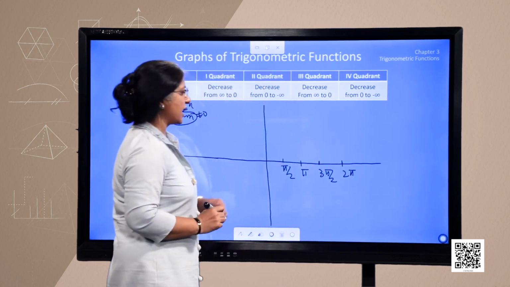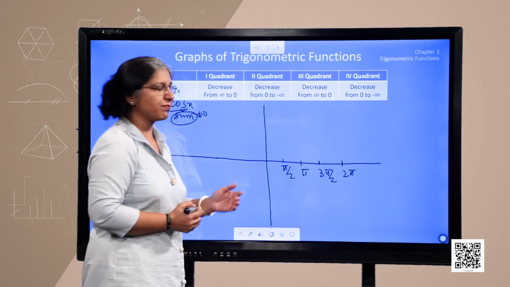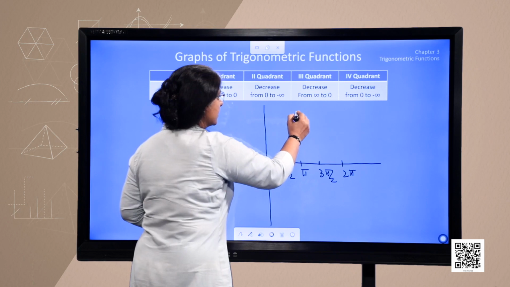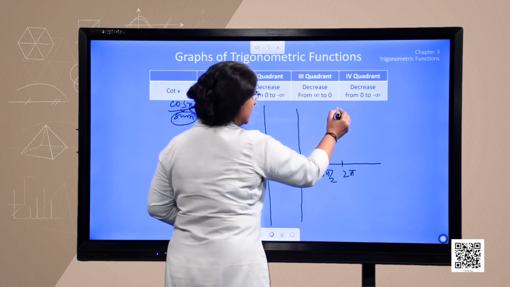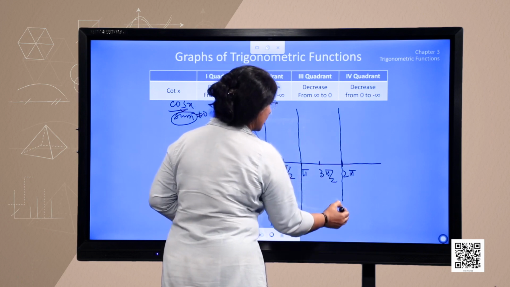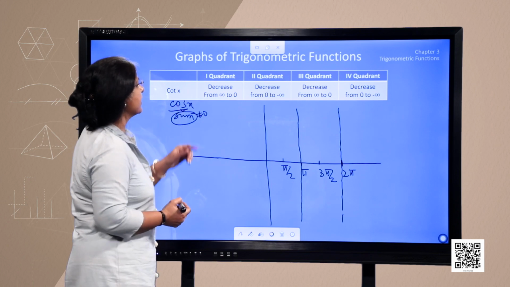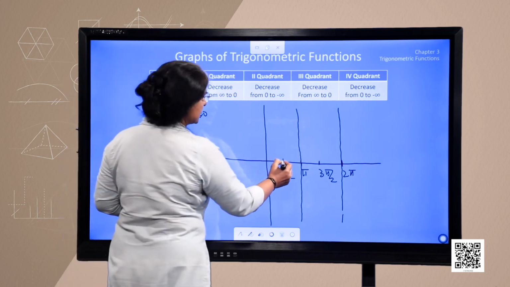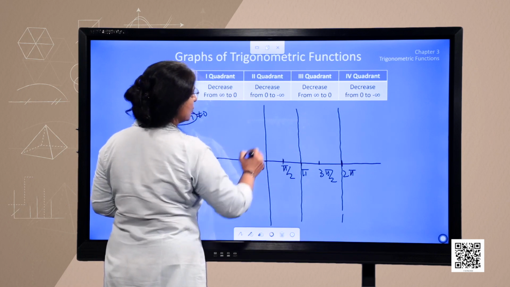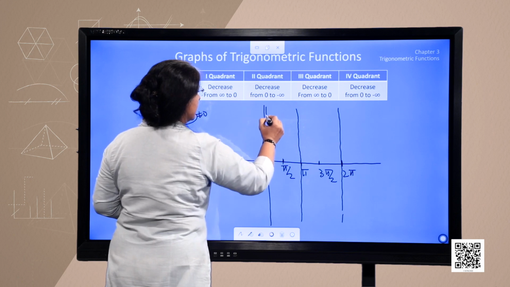Like in the previous graph, we demarcated integral multiples of odd multiples of pi by 2. Here we will demarcate these points pi, 2 pi. Here our cot function is not defined. So, in the first quadrant, it decreases from infinity to 0. In the first quadrant, means from 0 to pi by 2, it is coming from this place